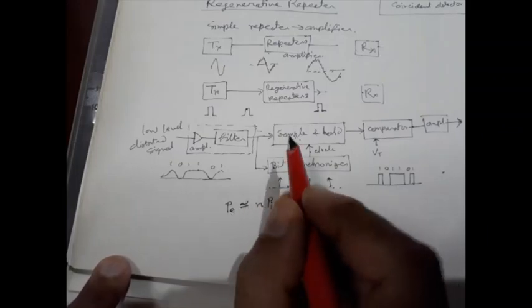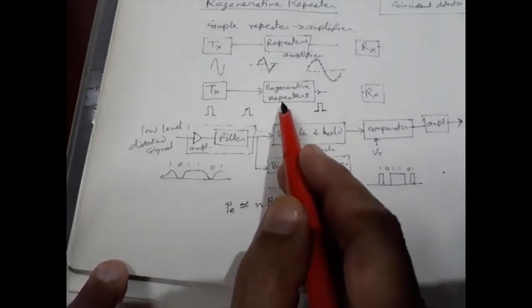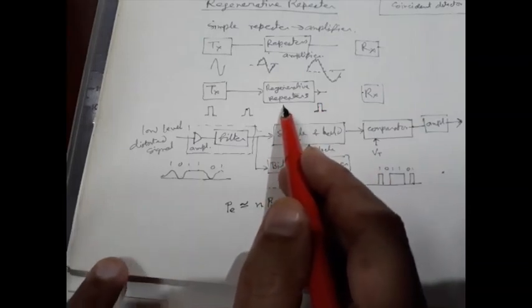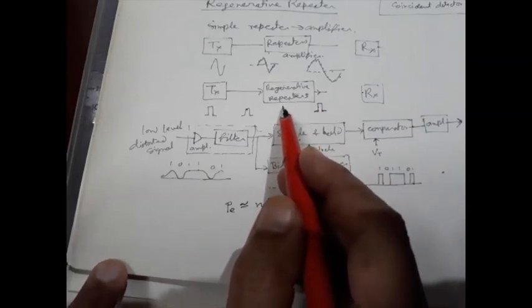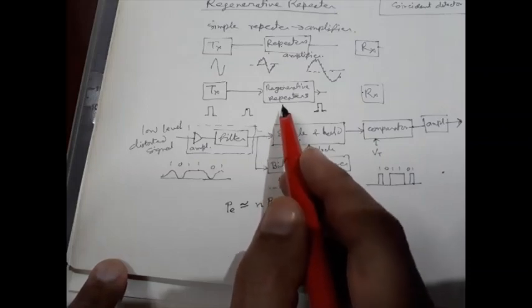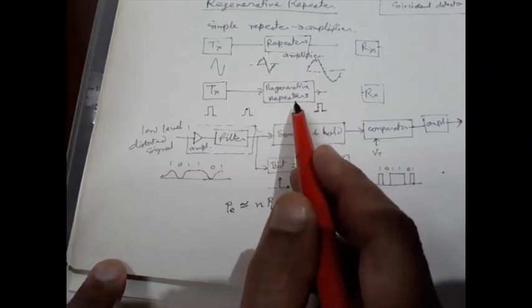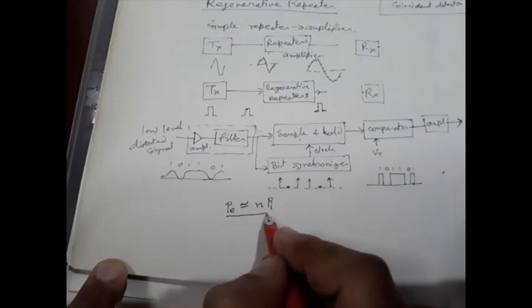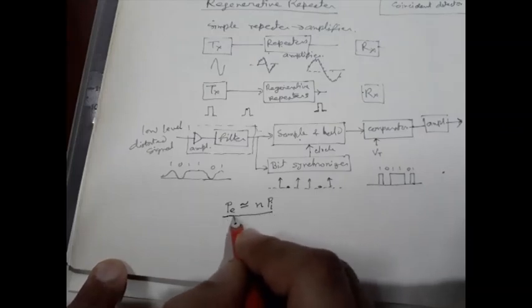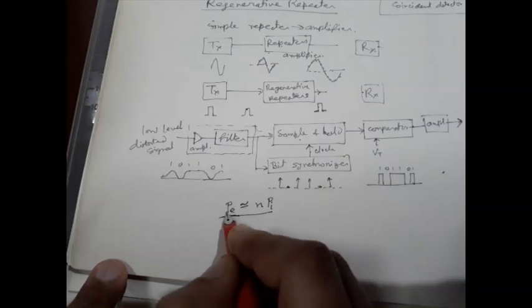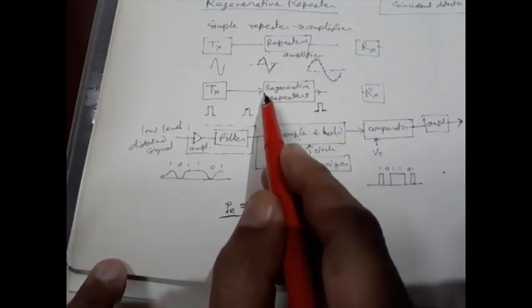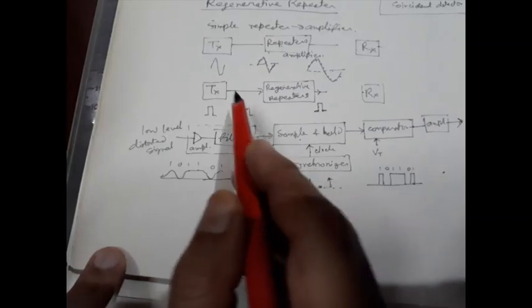That means what should be the actual number of regenerative repeaters? That is a very crucial question, and you have to select the number of regenerative repeaters keeping in mind that if you increase the number of repeaters, the effective bit error probability will increase. Not only that, if you reduce the number of repeaters, that means